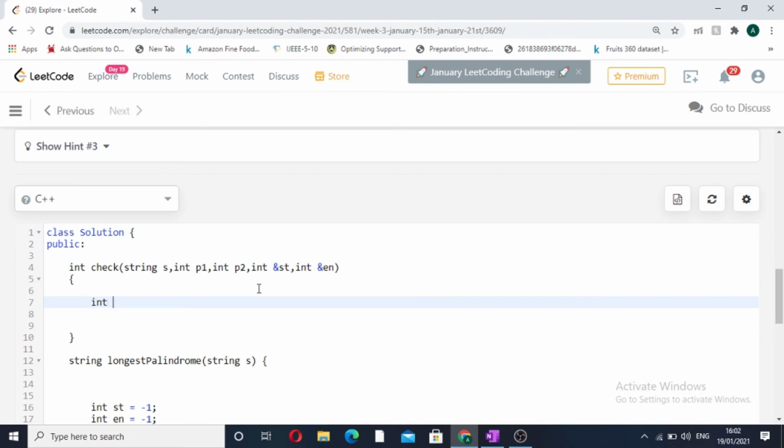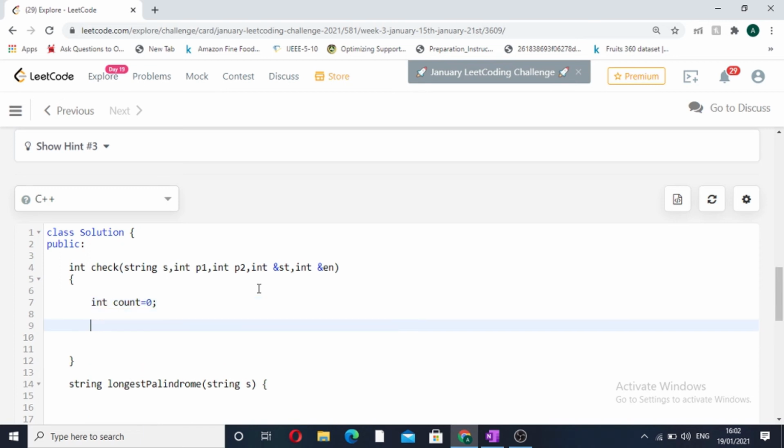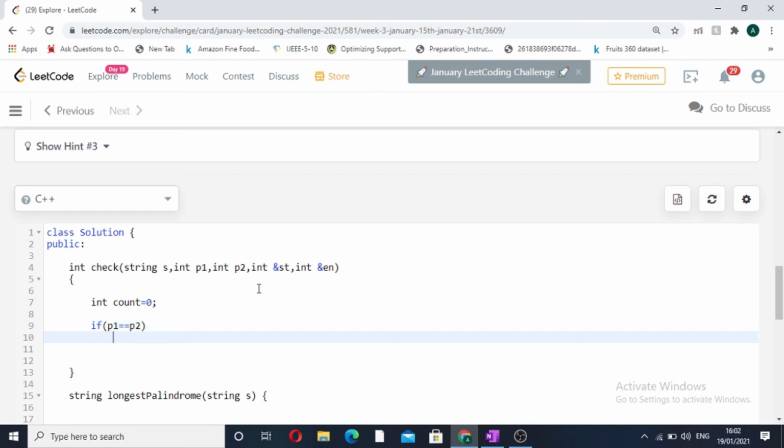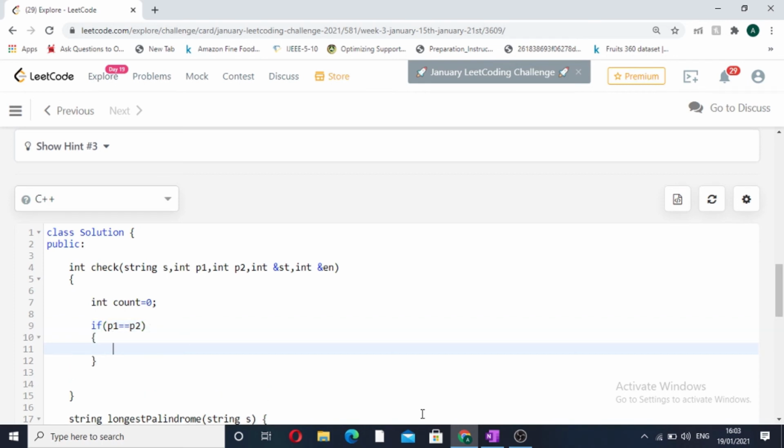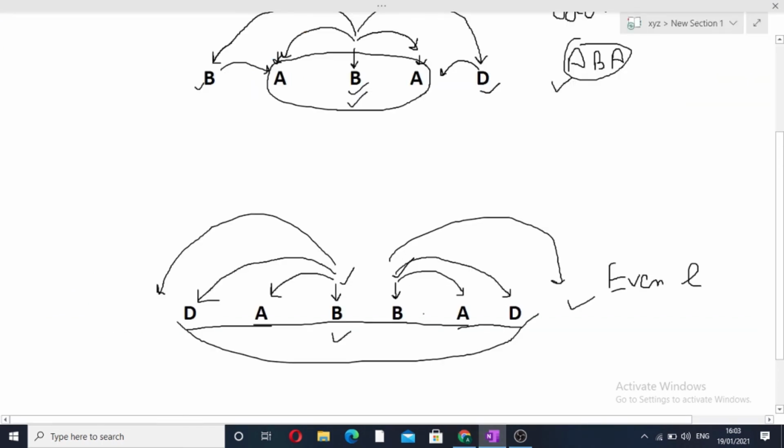Now we will take a variable int count that will store the length of the palindromic substring. Now if our p1 is double equal to p2, here is the case where we have passed two i's.